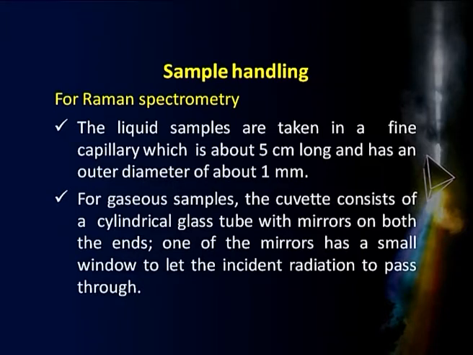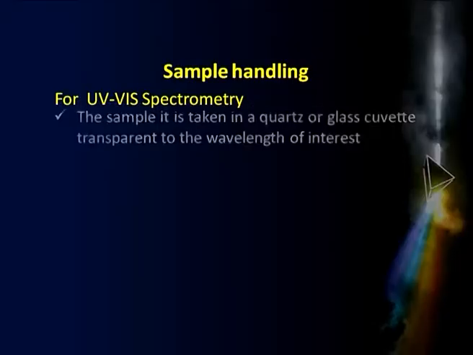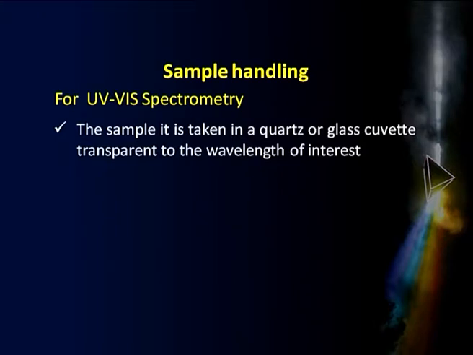That means the radiation will come in, pass through, and get reflected and absorbed, and then what you see is the consequence of that in terms of the scattered radiation which we try to measure. As regards UV visible spectrometry, which is used most often because it is one of the common techniques, the sample is typically taken in a quartz or a glass cuvette which is transparent to